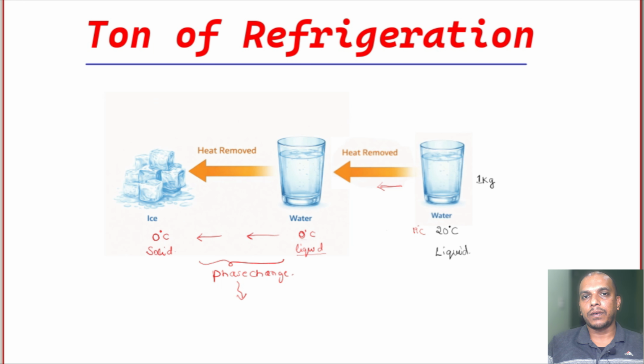The amount of heat to cause the phase change, we call it latent heat. Here, we are particularly talking about melting or fusion, so the latent heat of fusion or melting is the amount of heat removed